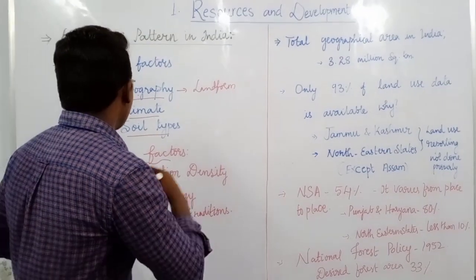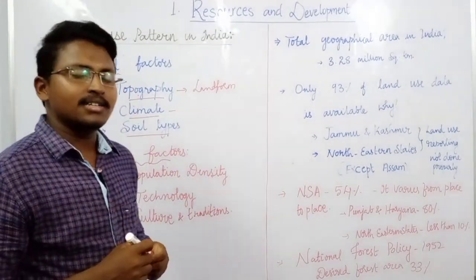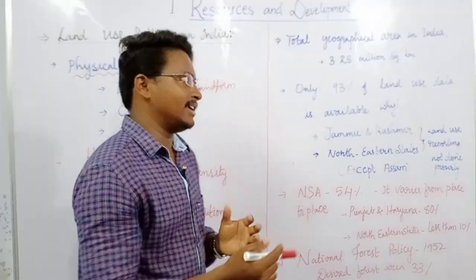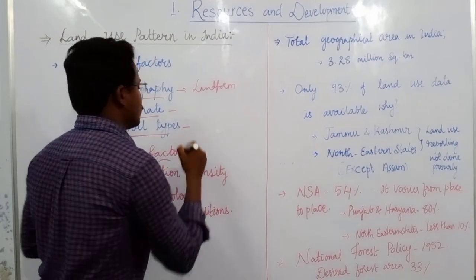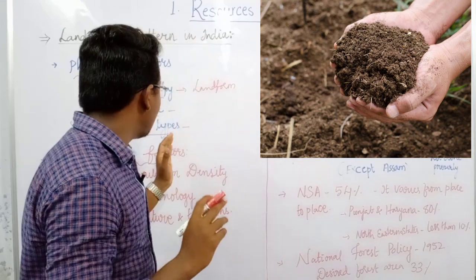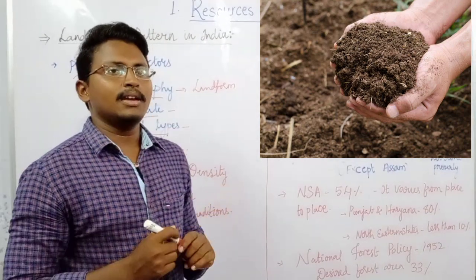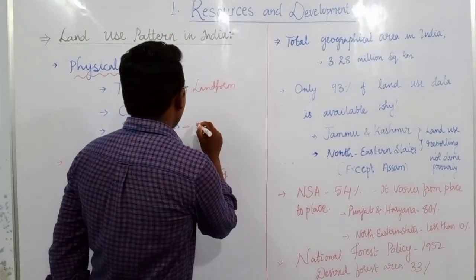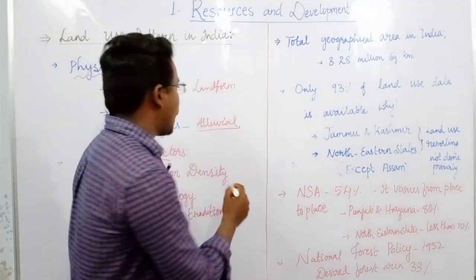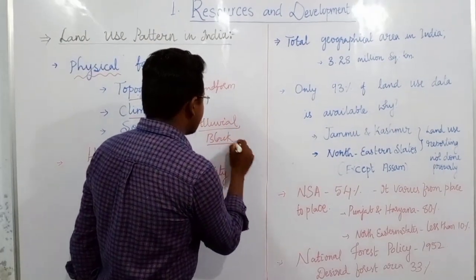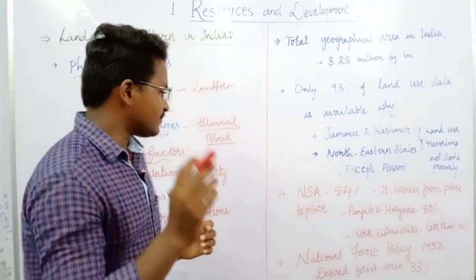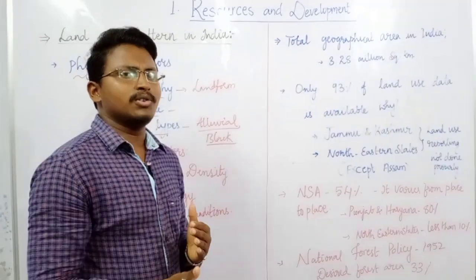At the same time, the second factor is climate. If the climatic conditions are good and there is abundant rainfall, then the land usage may be very high. Then types of soils also matter, as you will see further in the next videos about different types of soils. Depending upon the soils, the land use can be determined. For example, take highly fertile soils like alluvial soil, or any other type of soil like black soil. Depending upon these soils, the land usage will be determined. For example, with alluvial soil, there will be more usage of land.